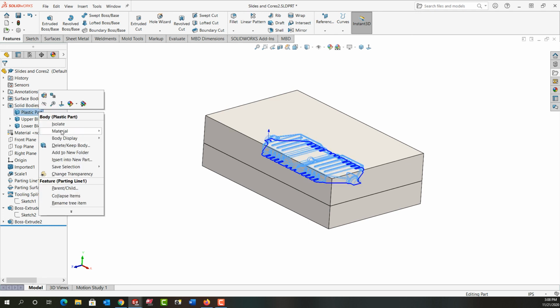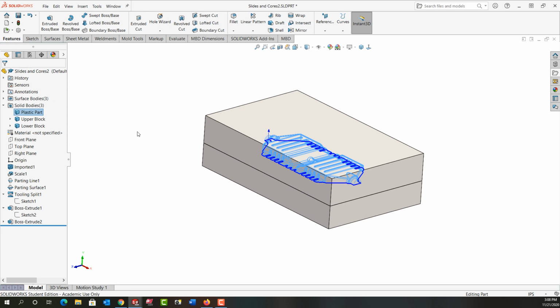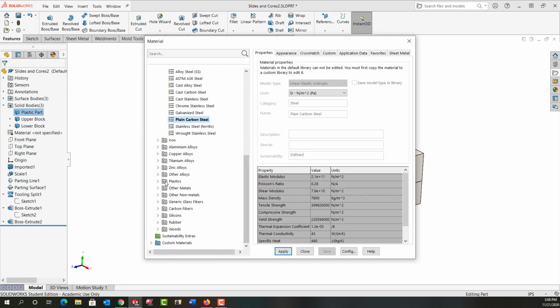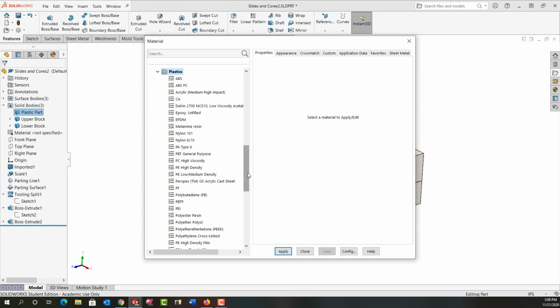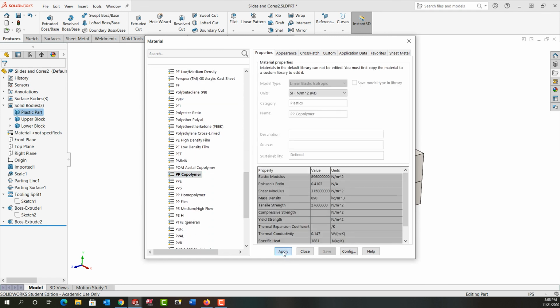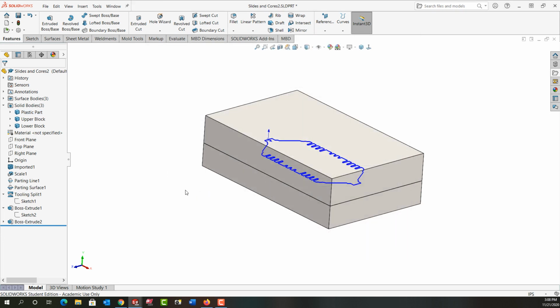Go back to the plastic part, right-click on it, go to material, edit material. I'm going to scroll down and expand the plastics. Again, I'm going to scroll down and I'm going to find the PP copolymer. I'll select it, apply, and close it. And in the next video, we'll